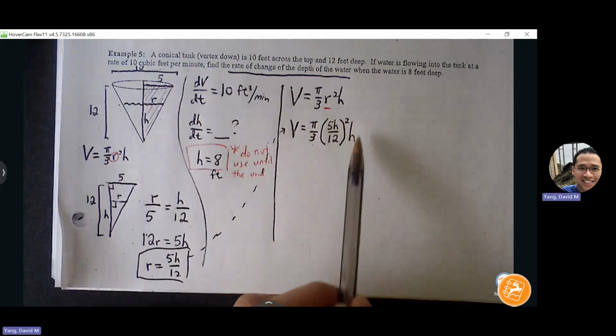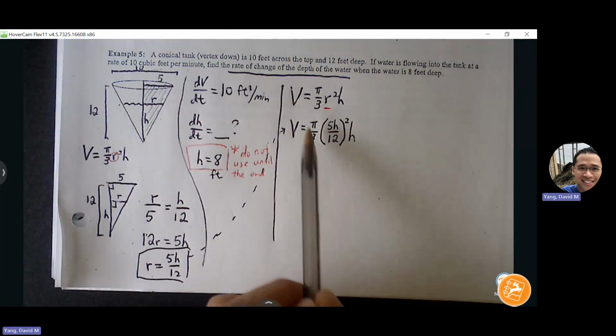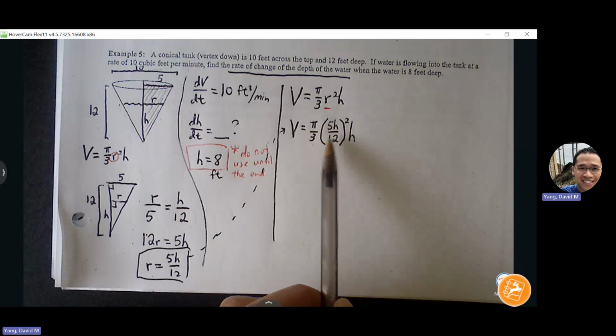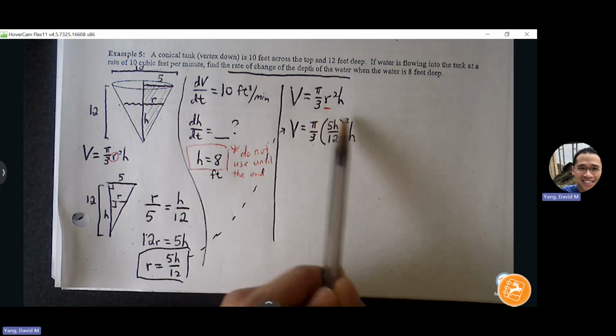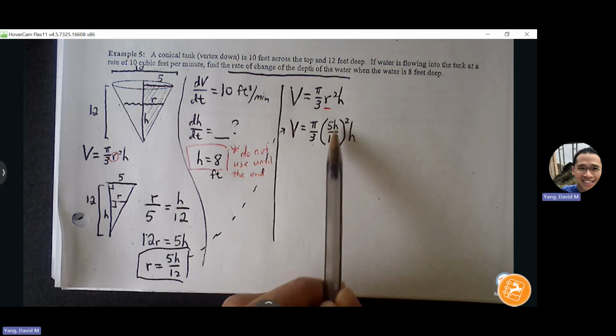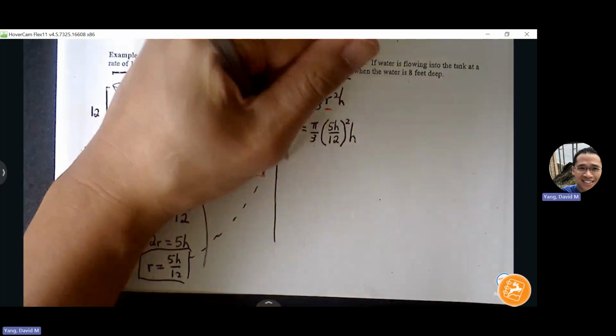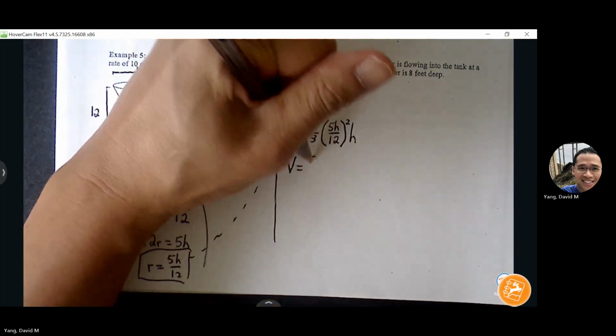Now, we want to do some cleanup here. We don't want to do the derivative just yet because this is too messy. Otherwise, you've got to go through product and chain. There's no need to do that when we can just clean everything up and just do power rule. Okay, I'm going to distribute the 2 through each of the terms inside, and I'm going to clean this up. So V equals,